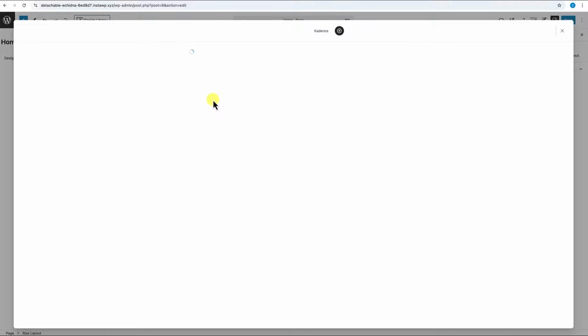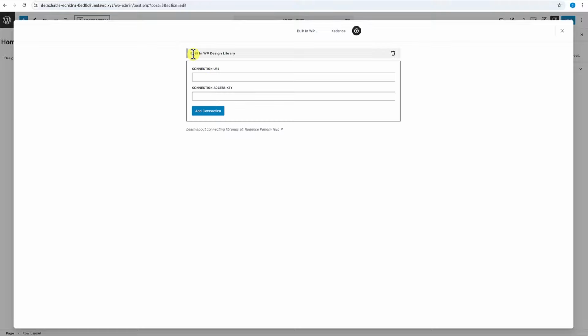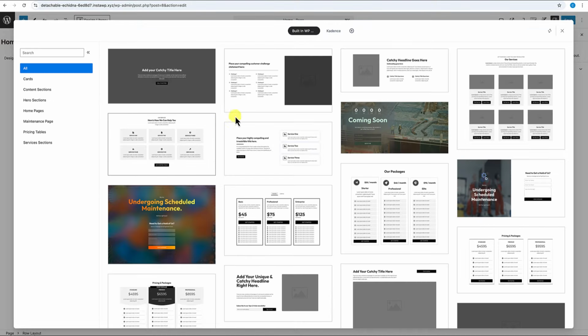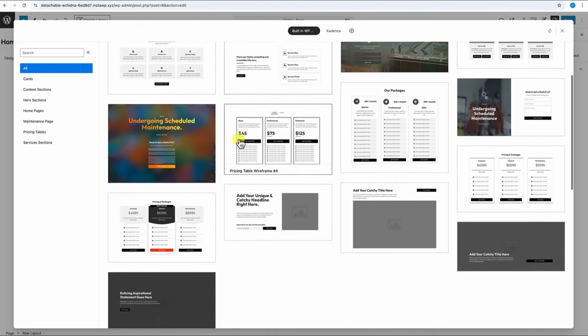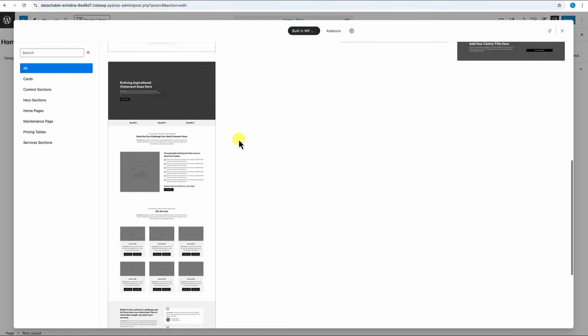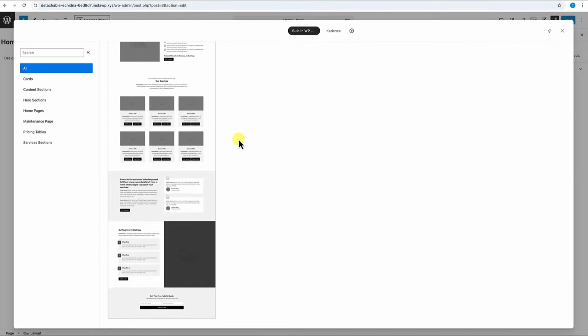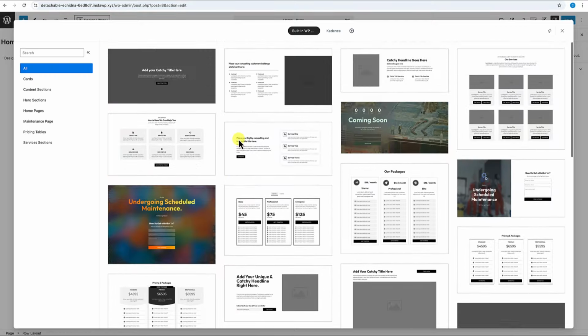We're going to click on add connection, and you can see it happens very quickly. Here is the built-in WP design library that has already been added. There's a trash can here in case I want to delete it. And then here there's a tab next to the Kadence tab for those designs. If I click on this, it'll show me all those designs in this external website. Okay, so I now have access to all of the designs, and I can basically pull in any of these